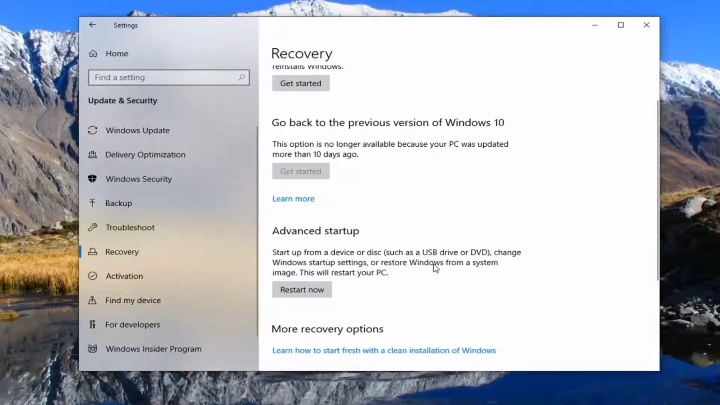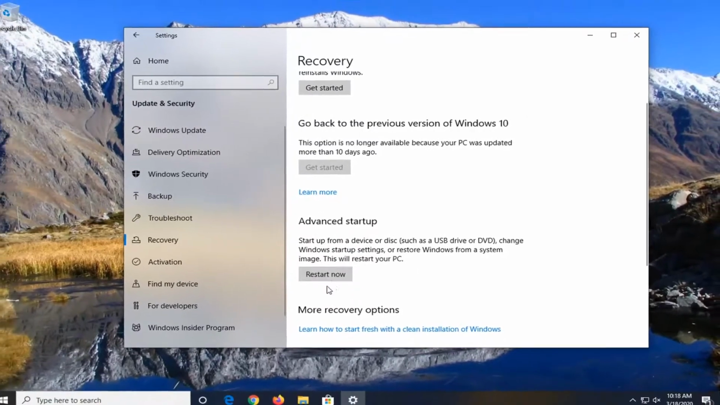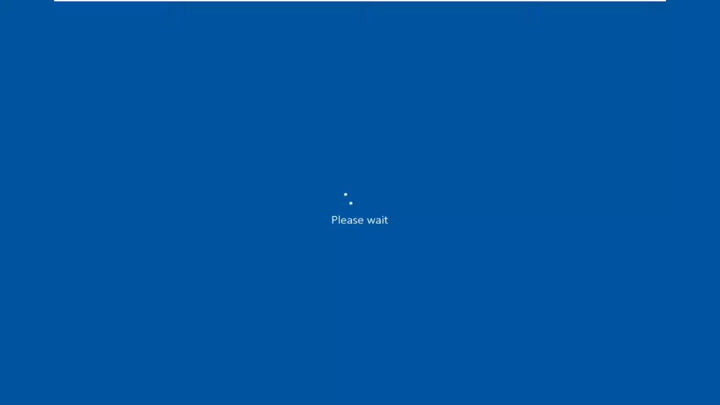Change Windows startup settings to restore Windows from a system image. This will restart your PC. So if you selected this restart now option,